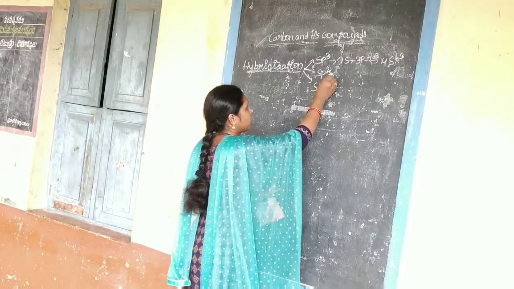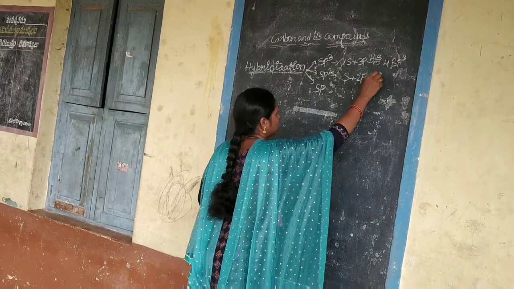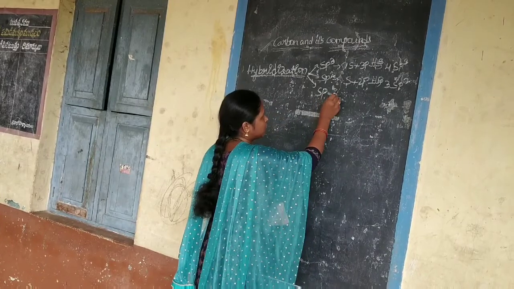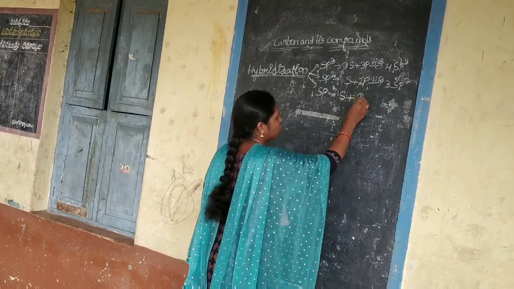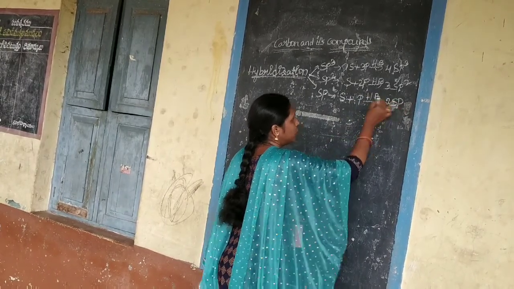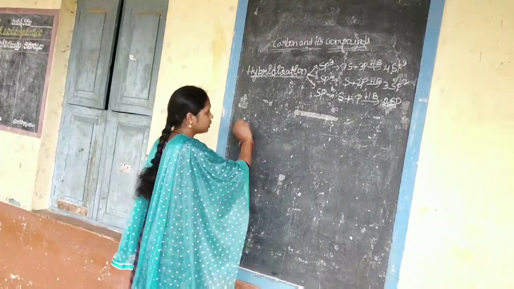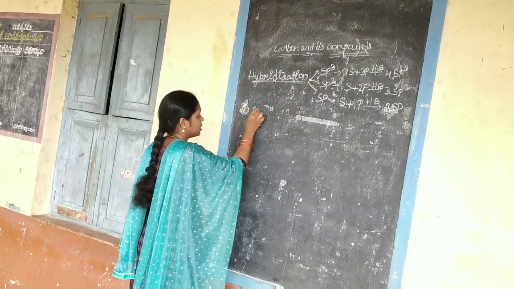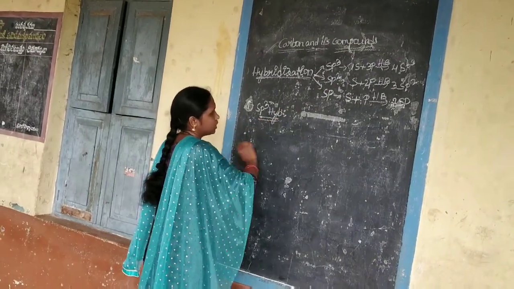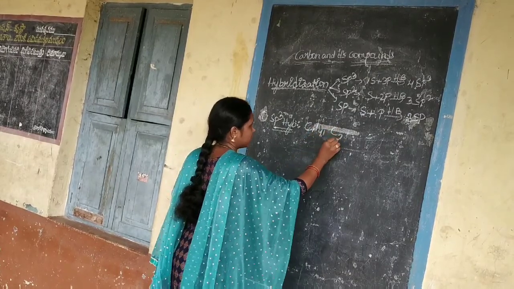Like that, in sp2 also, one s orbital and two p orbitals are involved in the hybridization and form three sp2 hybrid orbitals, and in sp, one s orbital and one p orbital are involved in the hybridization and form two sp hybrid orbitals. So now we see the first one, that is sp3 hybridization in carbon, and with the example, we will take CH4